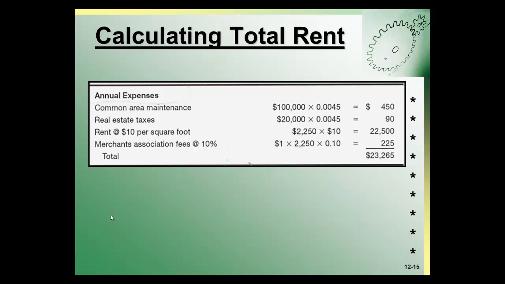In this example, the rent is $22,500. At this particular commercial location, there's a merchant association fee of 10%, and that amount must be added to the rent to be paid as well. Now you can see from this example that it is very different from how you would rent an apartment. And keep in mind that many landlords require an additional percentage of rent after a certain level of gross retail sales has been reached. That means that as your business becomes more successful, your rent will automatically increase.